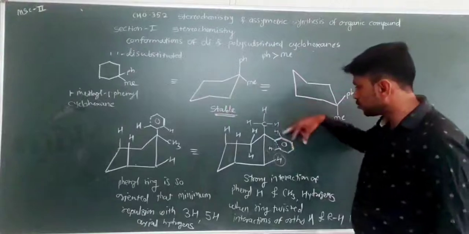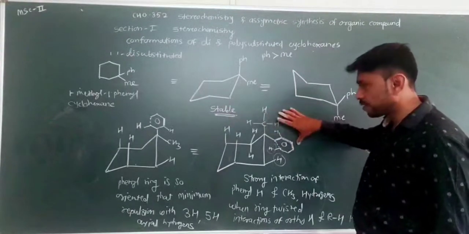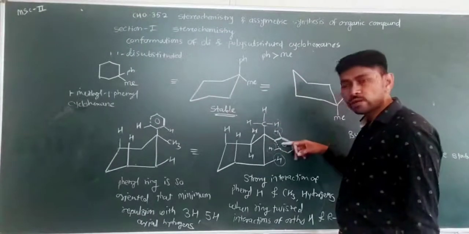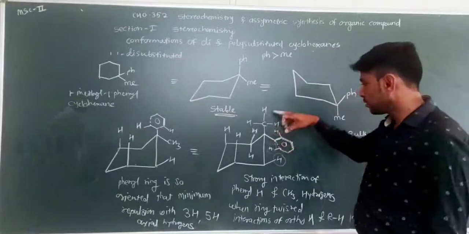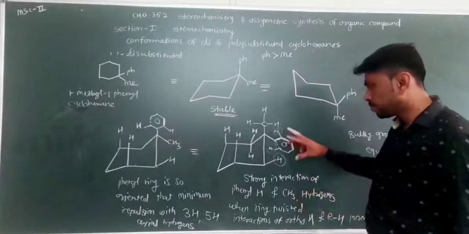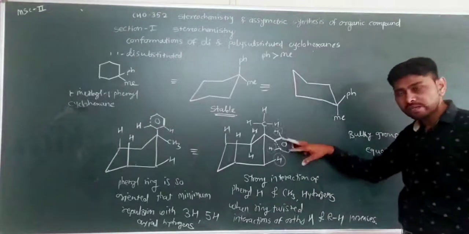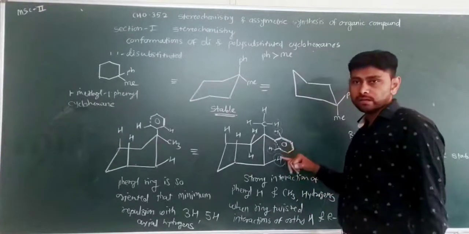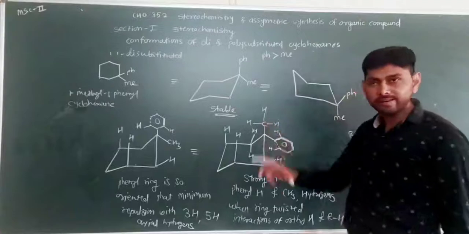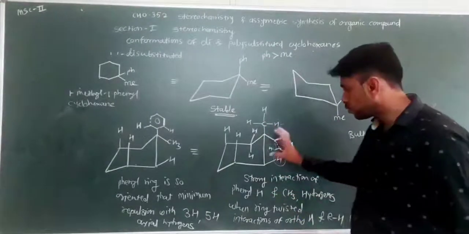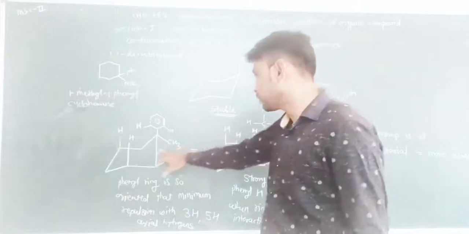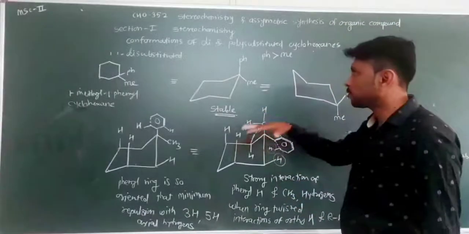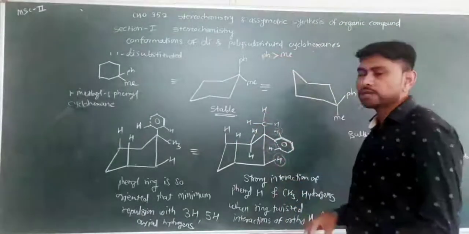If we see the structure of these two, then if the CH3 group is at the axial position, the interaction between the hydrogens of the phenyl ring and the CH3 hydrogens is more. We can minimize this interaction by twisting the ring, but at the same time when we twist the ring, the interaction between the equatorial hydrogen and this ortho hydrogen increases. That's why this structure gets unstable. So that structure is more unstable than the structure with the phenyl group at the axial position. So this is about the 1,1 disubstituted cyclohexanes.